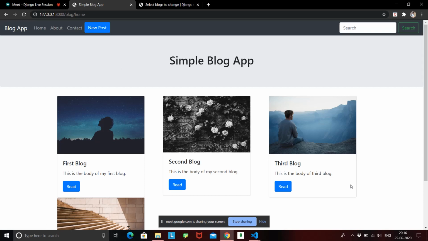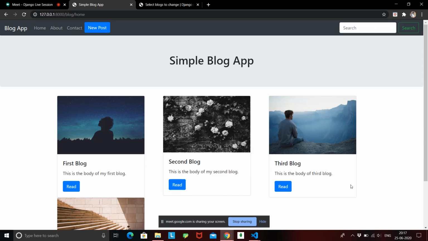So for that we'll need two pages. One is the register page, that is the sign up page. If he is coming here for the first time, he should sign up. That is, he should create his profile in the database, and once the profile is created, he should be able to log in. And once he is logged in, he is ready to view the data and edit the posts.